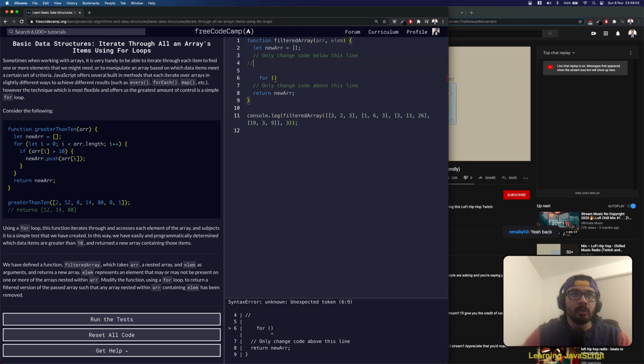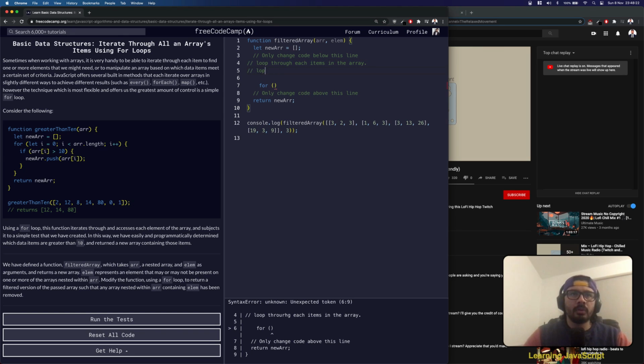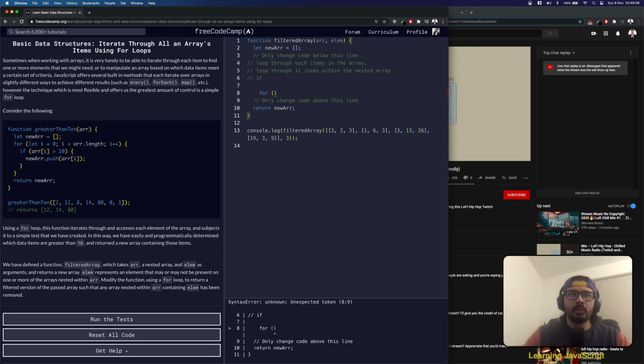Loop through each item in the array, and then loop through each item within the nested array, and if an item, let's say that is an I and if this is a J,